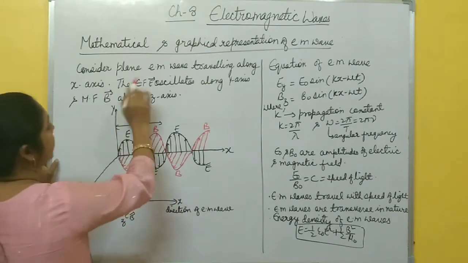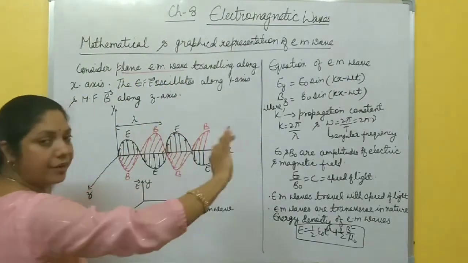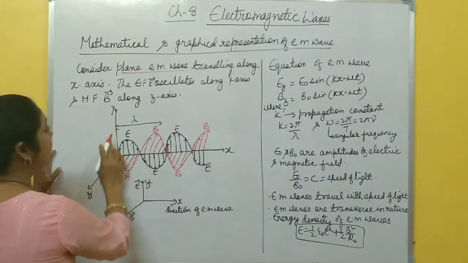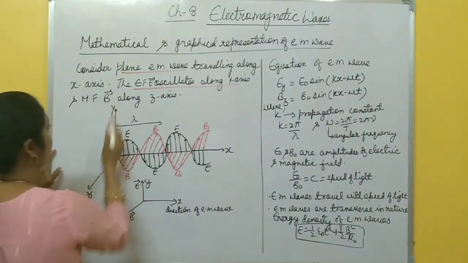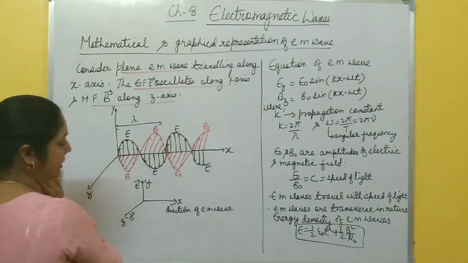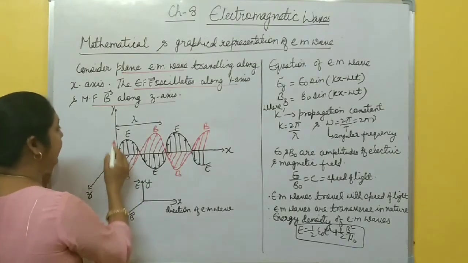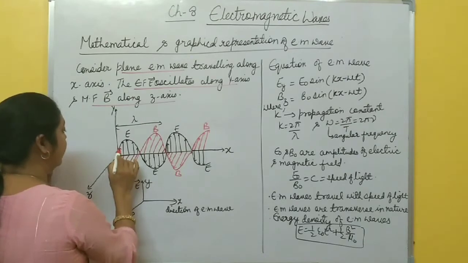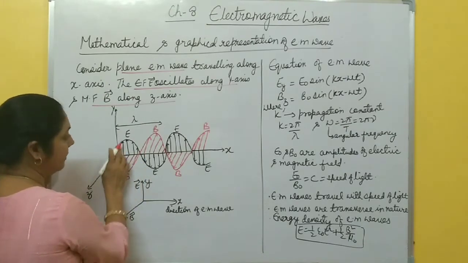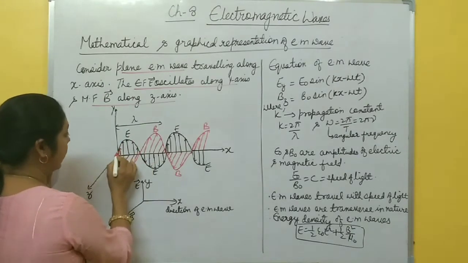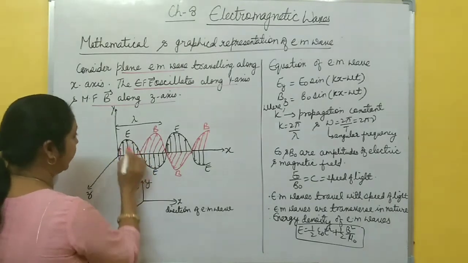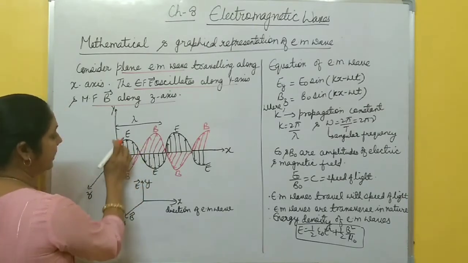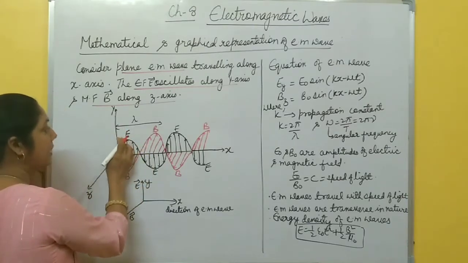First we consider plane electromagnetic waves which are traveling along x-axis. The wave is traveling along x-axis. The electric field oscillates along y-axis and magnetic field along z-axis, right? So, electric field vectors are oscillating along y-axis. These are electric field vectors shown by this black marker, and this shows electric field vector along y-axis. First, if you consider this half cycle, then electric field is along y-axis and magnetic field